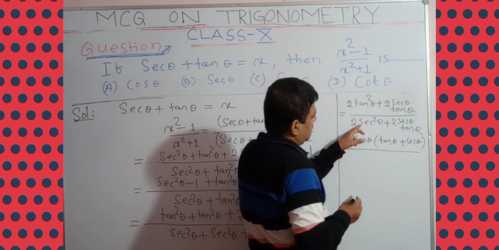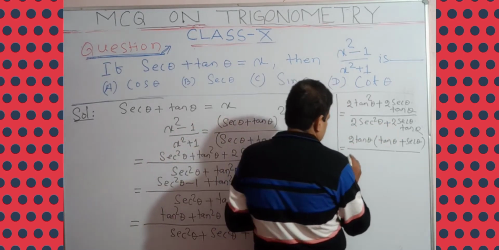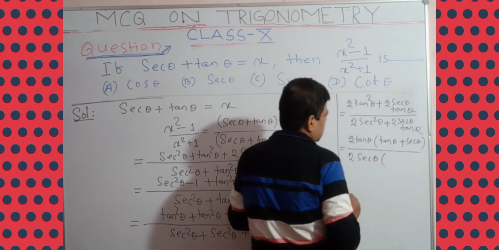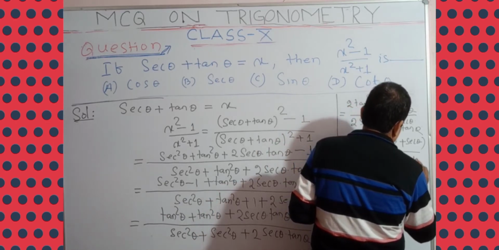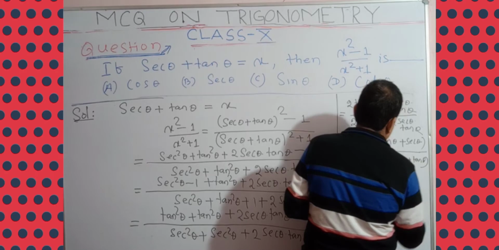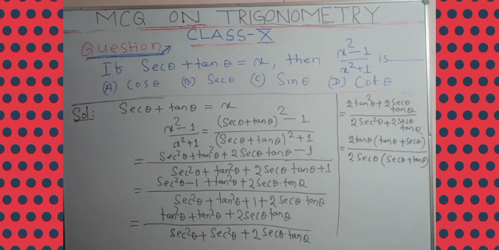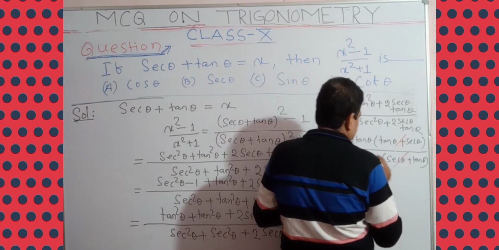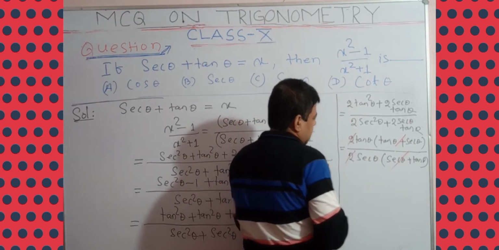Similarly, here we can bring the common 2 sec theta from here and 2 sec theta from here as a common factor. So it will be 2 sec theta times (sec theta plus tan theta). Understand? Is it clear? Okay. So you see now, tan theta plus sec theta will cancel, and here the 2 will be cancelled. After that, tan theta